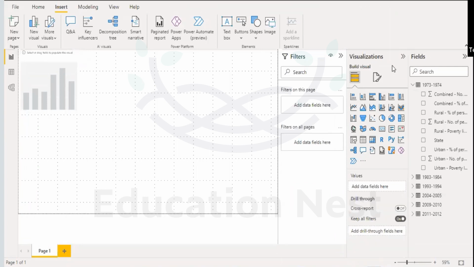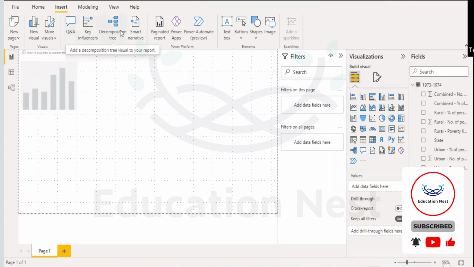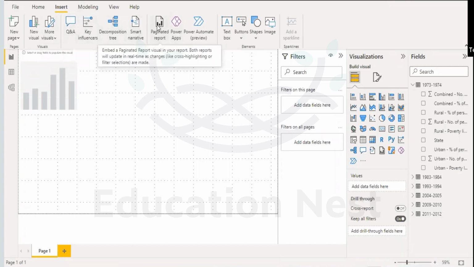On the visualizations, you can also add more visuals from the files that I showed you earlier. And you can add Q&A, ask questions about your data in natural language to create new visuals. You can add key influencers, decomposition tree, smart narrative, paginated. I'll take it with examples. You can also have Power Apps, embed a Power App into your report so people can use the app without leaving Power BI. Here are some of the features that are particular to this